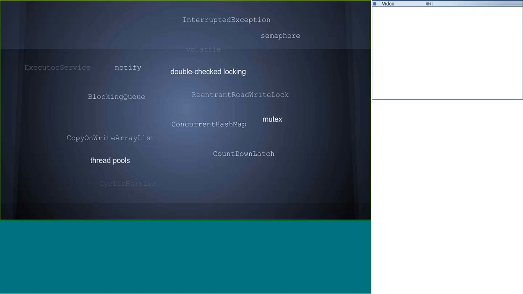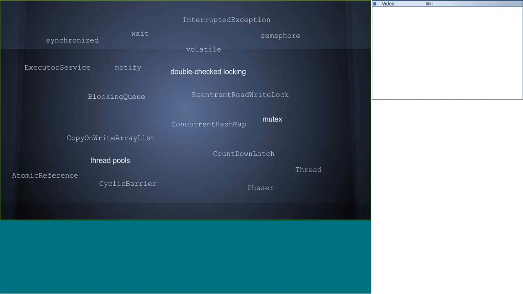Now, if you also think about all of the constructs that are introduced into the language to make dealing with threading easier, concurrency easier. This is, again, the Java space, but I'm sure you guys have equivalents in the C# and whatever space. All of these things we've introduced: mutexes, thread pools, barriers, double check locking, waits, notifies, all these kinds of things have been introduced to be able to manage concurrency.